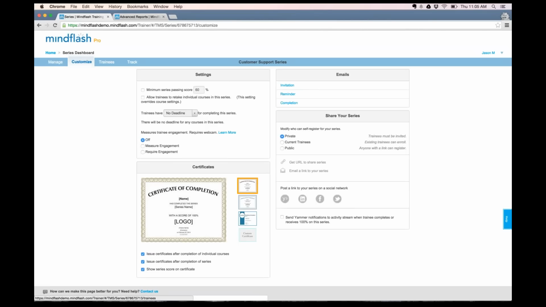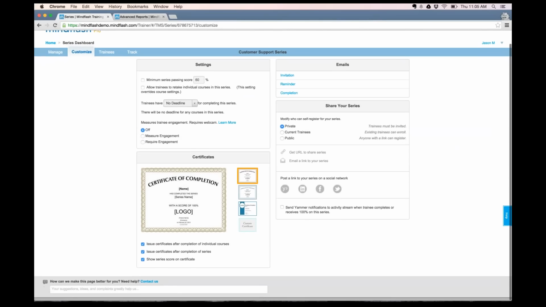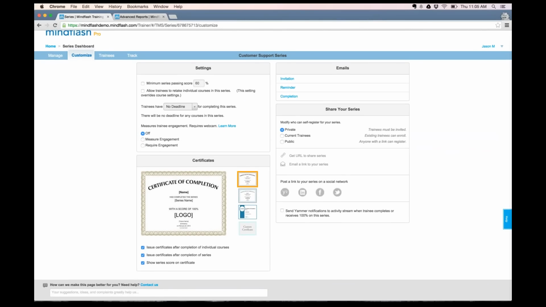A question around notifying the trainer when someone has completed a series. That's a function that does exist. So if you go into a series, two things you want. First of all, you want to put someone in here as the trainer on the course, the person that would receive that. So in this case, it would be sent to me. And then go to the Customize tab, and